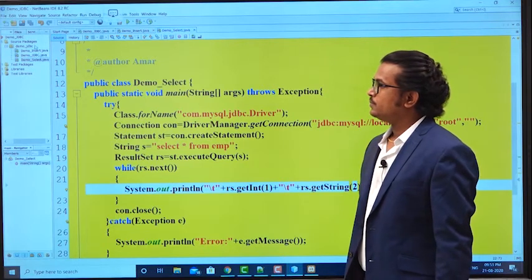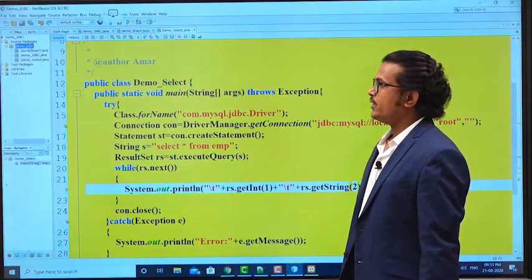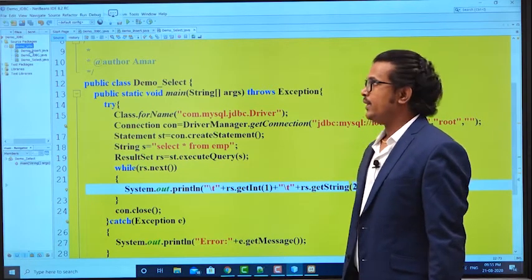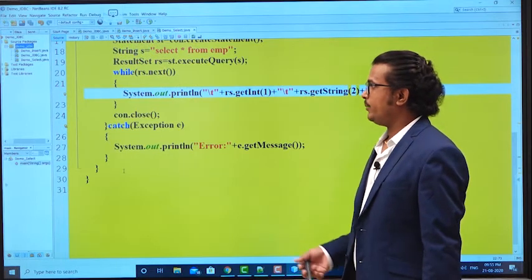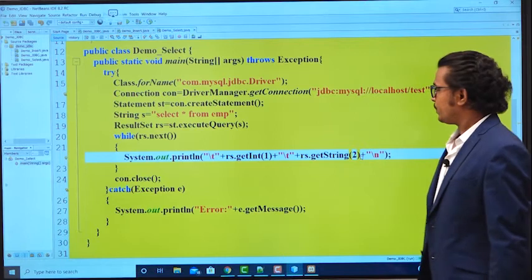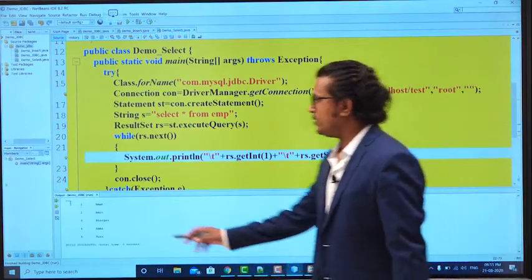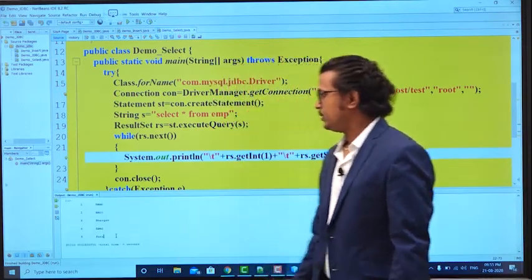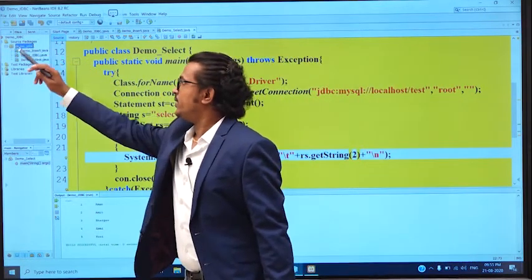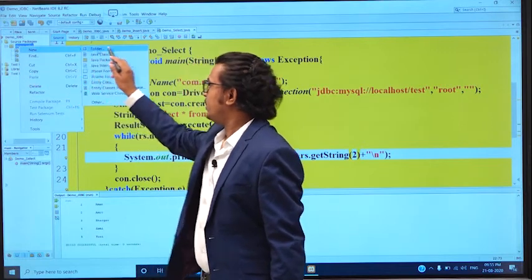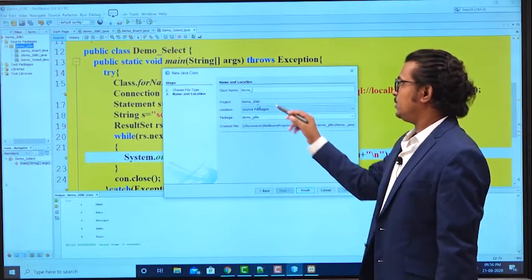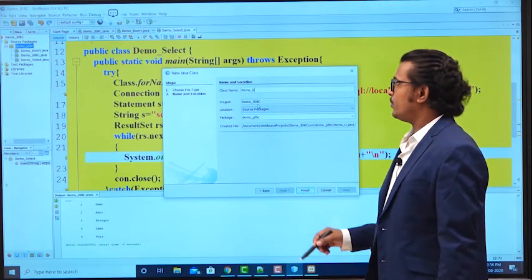Next, right click and create one more program for the updating of the data in a table. I inserted some values here, 5 records. You go to your program, your demos_JDBC, and create a new class named demo_update.